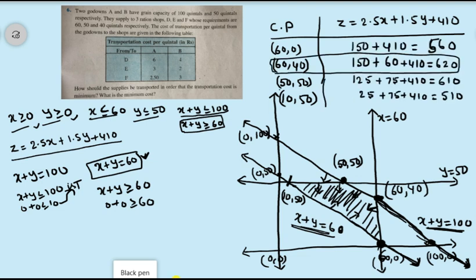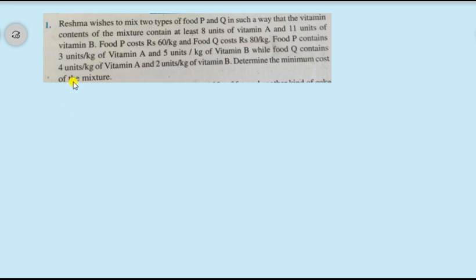So you can observe here, when x is equal to 60 and y is equal to 40, we got the maximum value, but this is wrong, right? Because what is the meaning? We have to get the transportation cost minimum. That's why when x is equal to 10 and y is equal to 50, the transportation cost will be minimized.